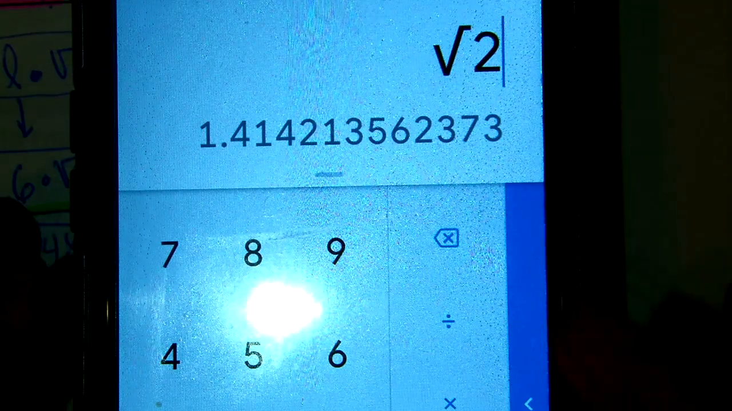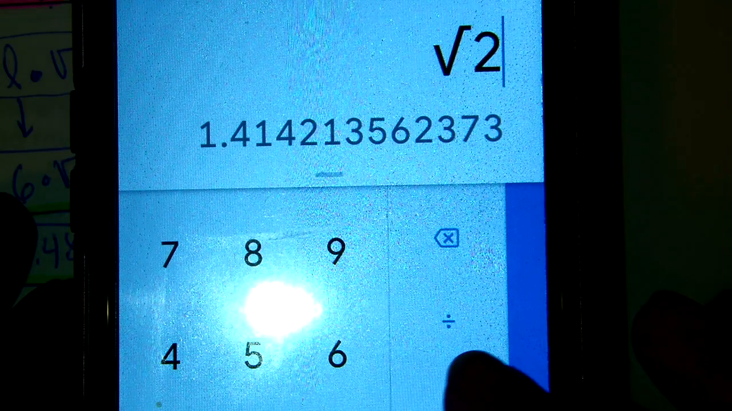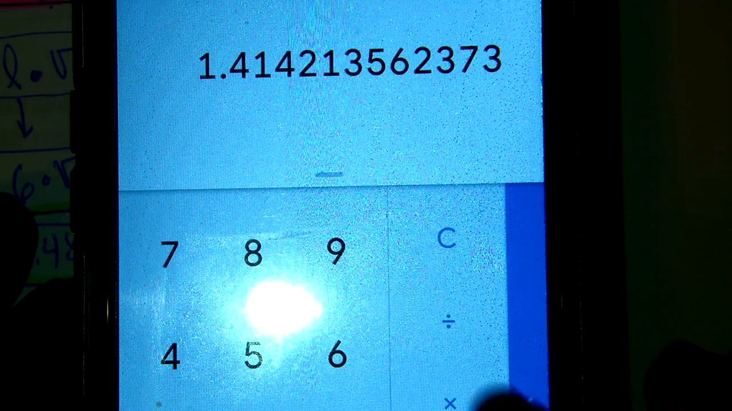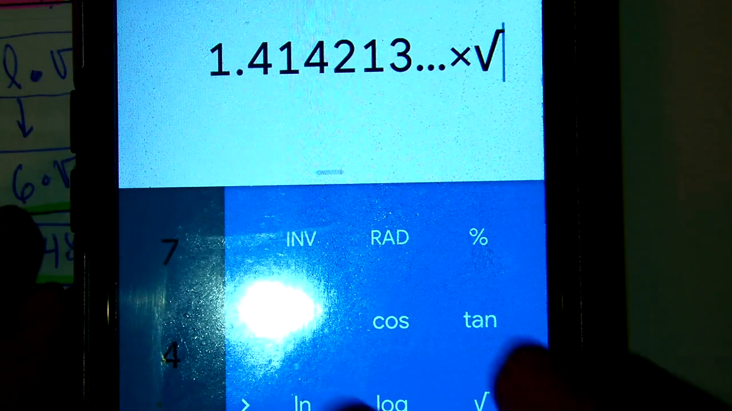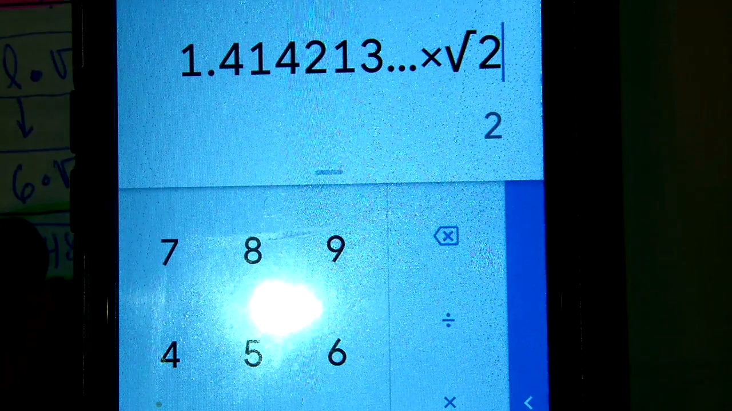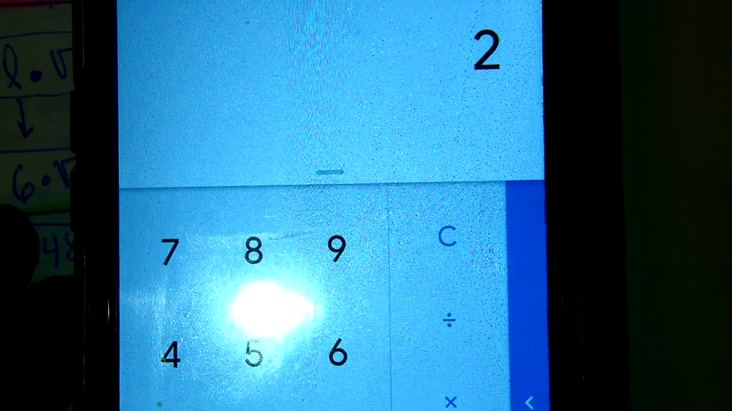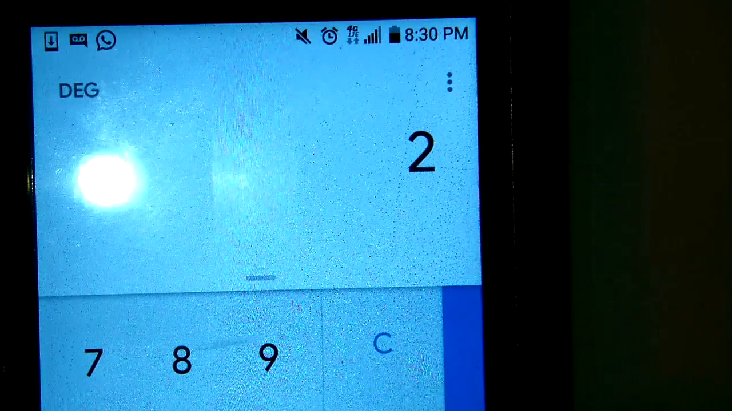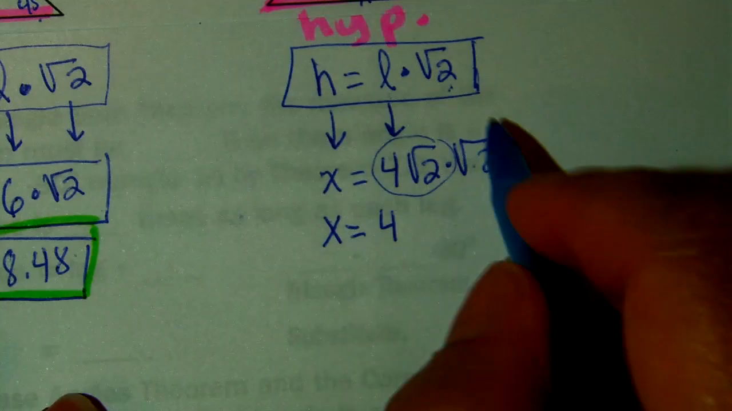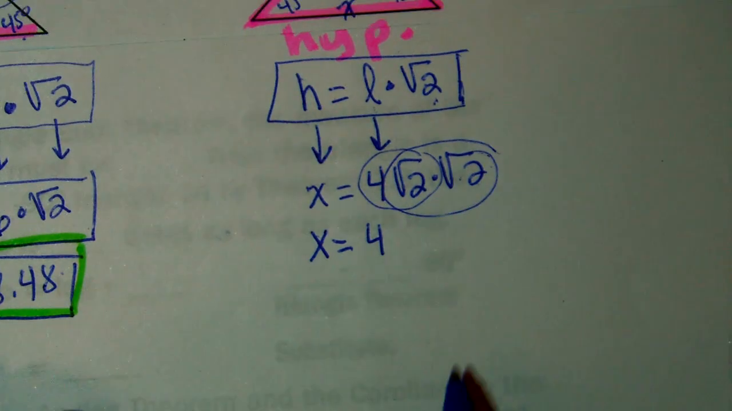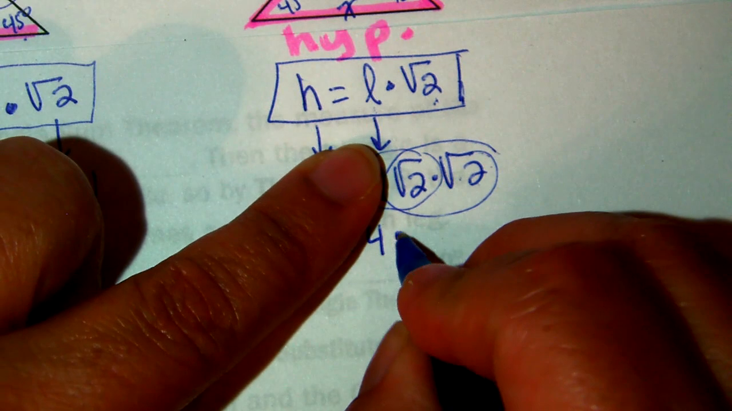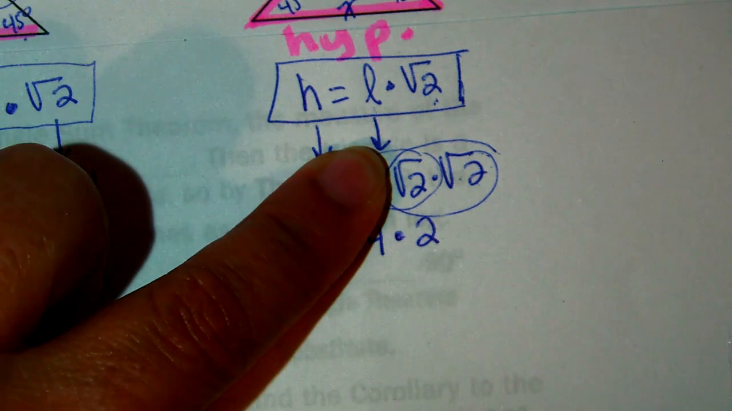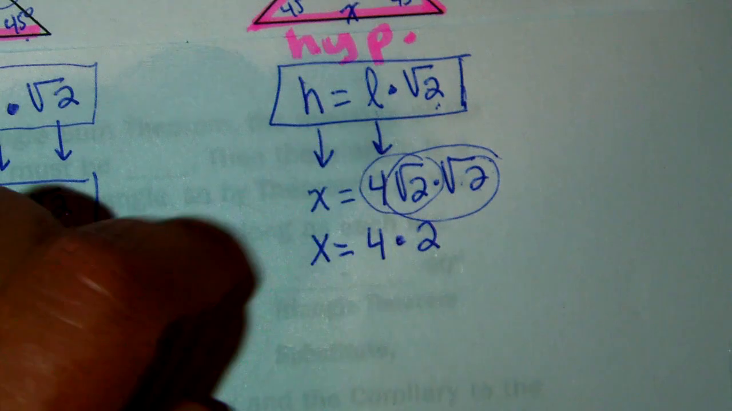Square root of 2 equals times square root of 2 equals 2. That's the answer. This operation right here, square root of 2 times square root of 2 is equal to 2. Okay? Let me put it in a